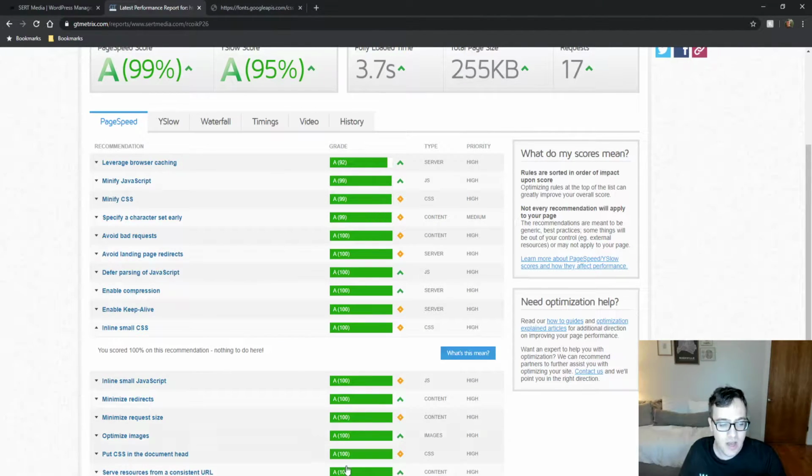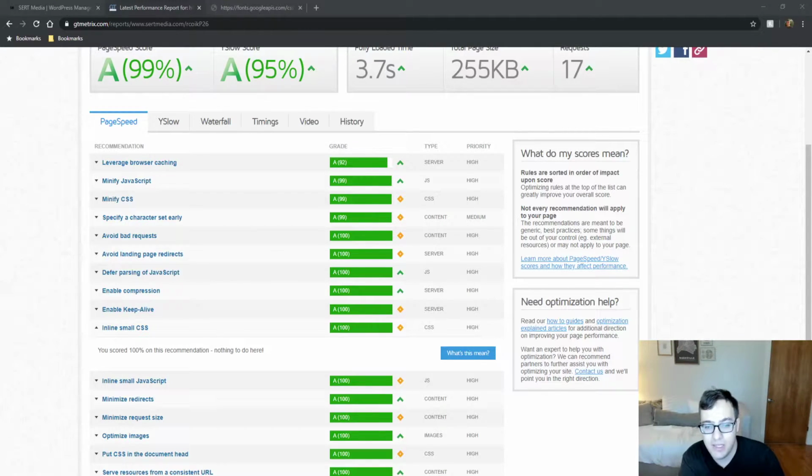Inlining small CSS. You really shouldn't inline small CSS. The problem with inlining small CSS is it's always better to add it in a file. So let's say you have some plugins installed and they have a very small CSS. We did a video on the scriptless social share and it had a couple kilobyte CSS file. That would get flagged on this warning. Instead of inlining it, which would be quite silly, it's better to merge it using something like Autoptimize,